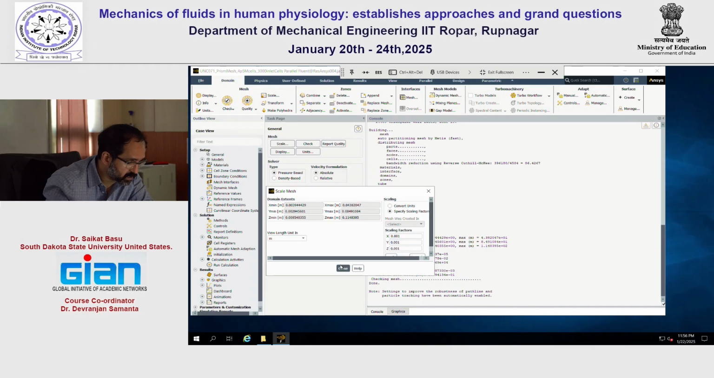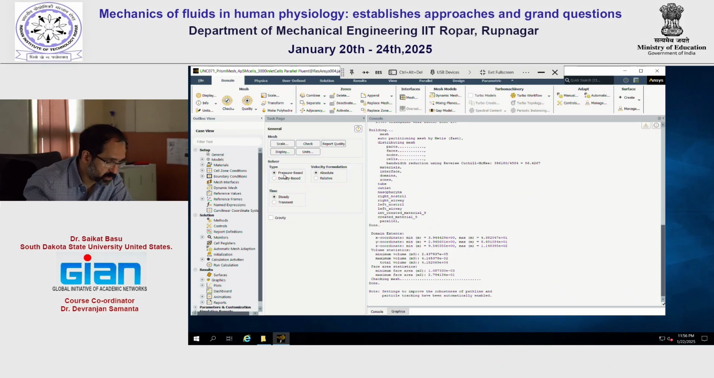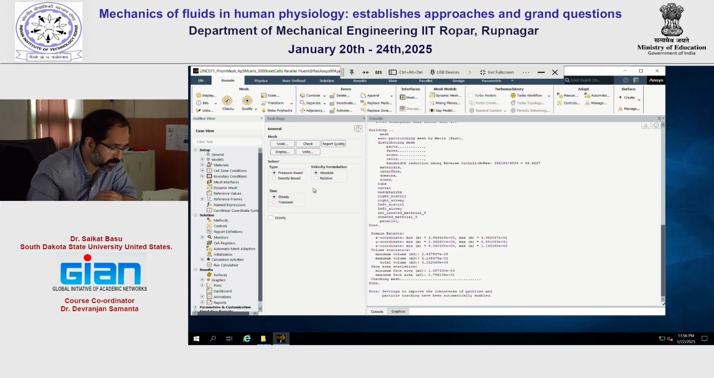So once that is done, close, and then this is going to be a pressure based solver. So the flow is driven by the pressure gradient. Should it be steady or unsteady? Based on our understanding of the mathematics from the first few days,